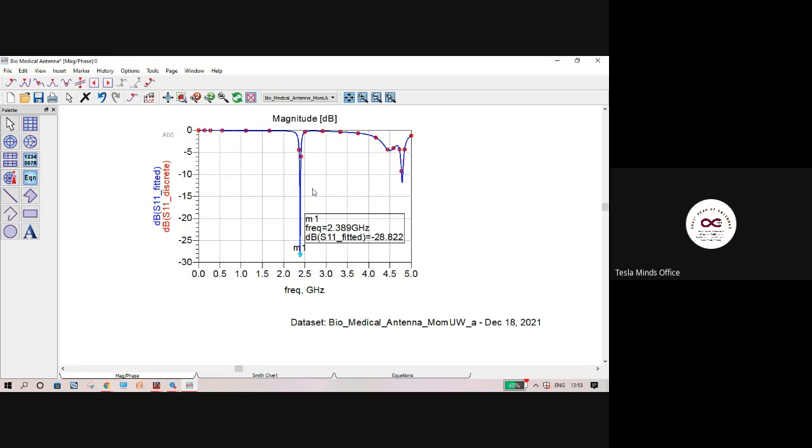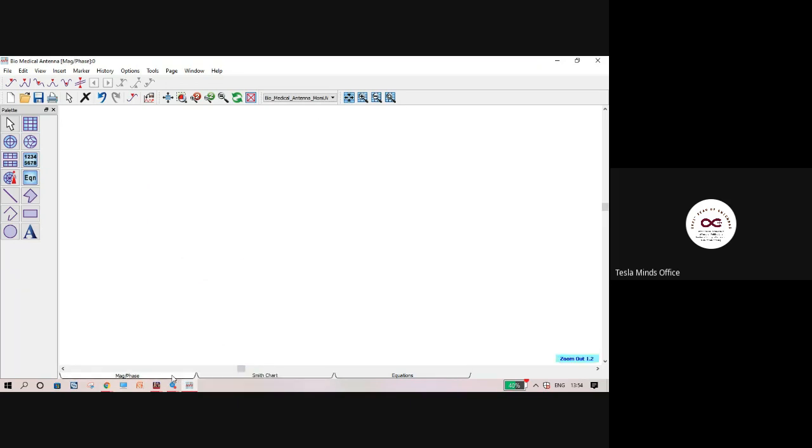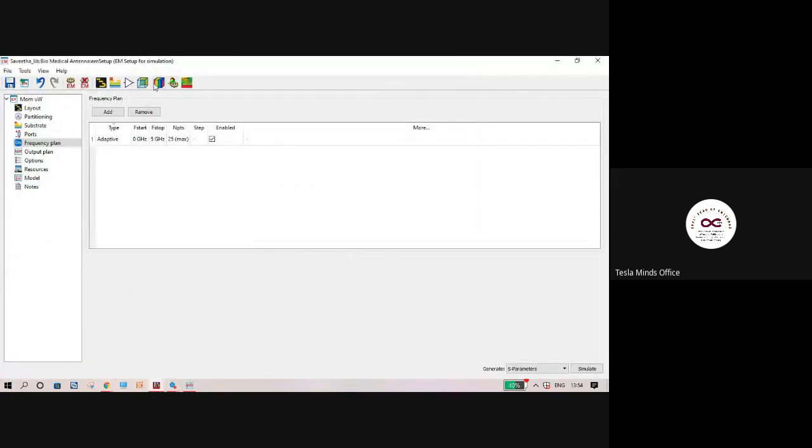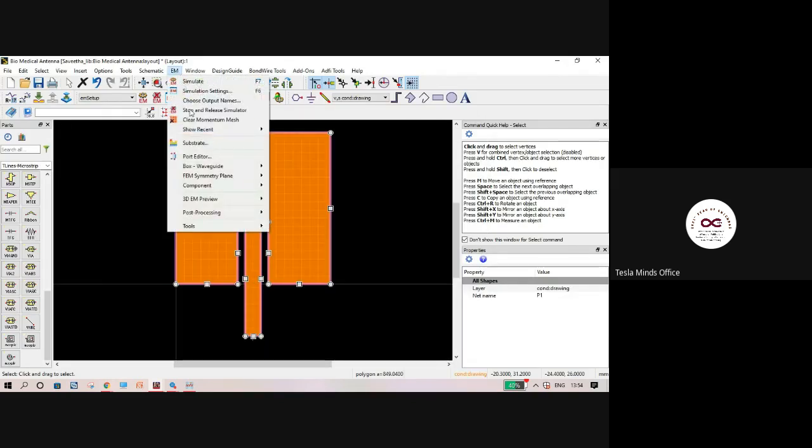Now once we are fine with this, the next logical step should be our near field effect: the visualization of the radiation pattern and the current distribution animation. I'll minimize this and click on the far field option. The far field option is this one here. Otherwise, I'll go through EM post processing, far field. You can see EM post processing and far field here.